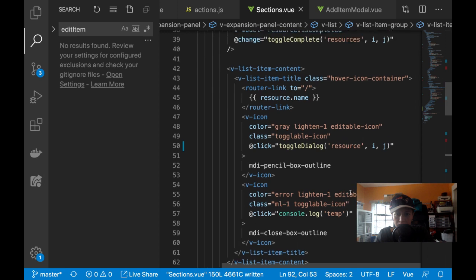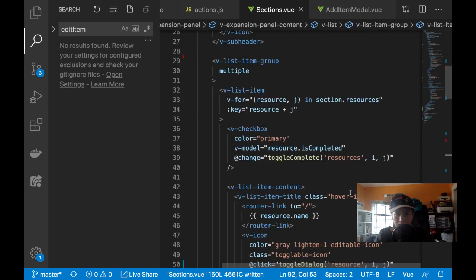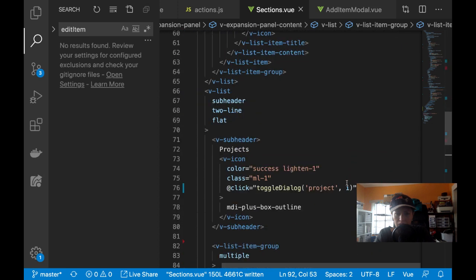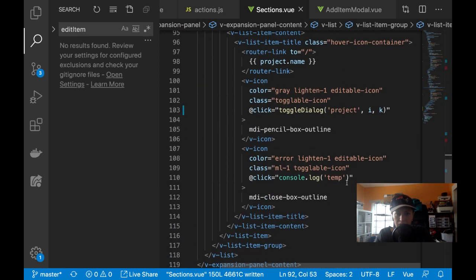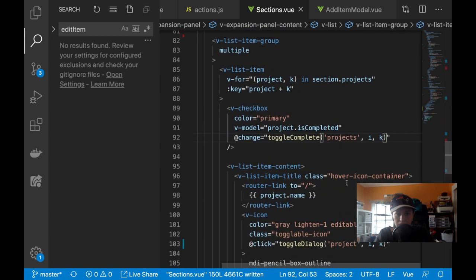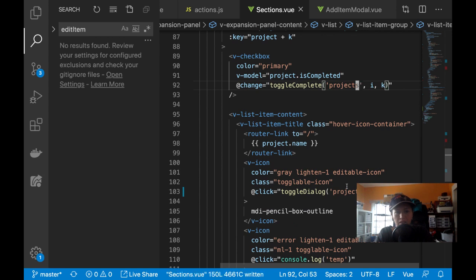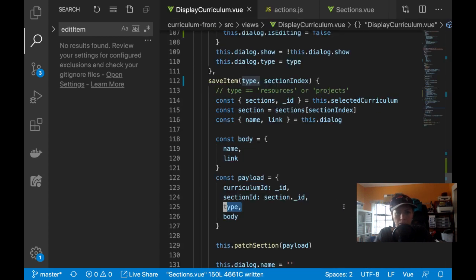ToggleDialog. So it looks like all of the ToggleDialogs are singular. That's good. Okay, so there's really no problem there. All right, so now that I have those all fixed,